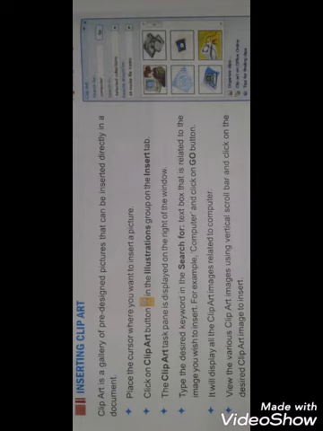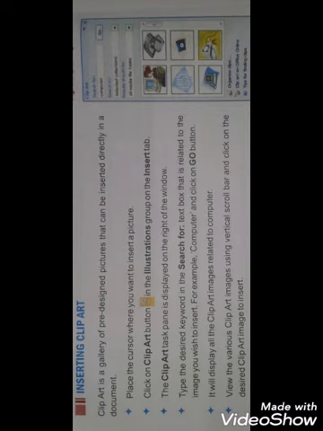First step is to place the cursor where you want to insert the picture, and second is to click on the Clip Art button in the Illustrations group on the Insert tab. Whenever you click on the Clip Art button, the Clip Art task pane will appear on the right side of the window.